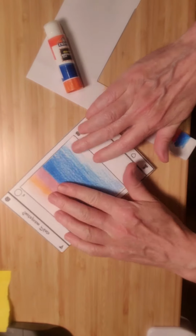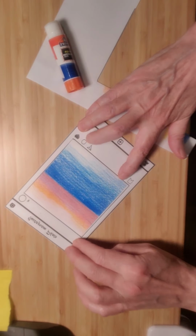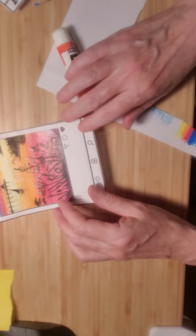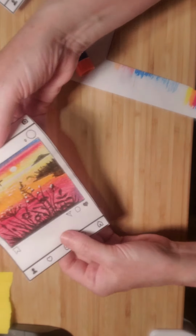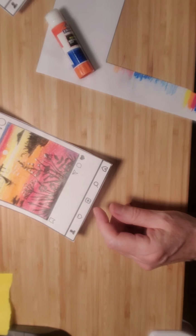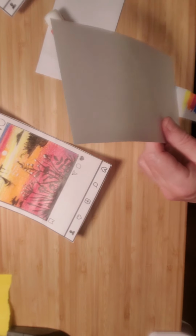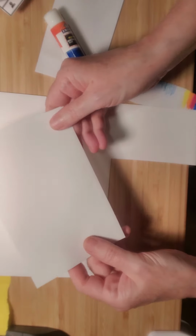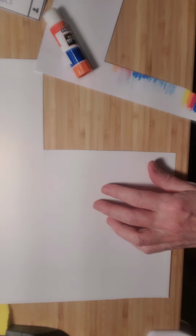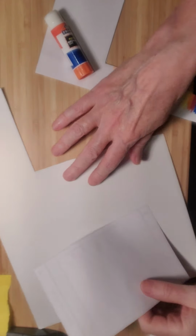And you just want to get it in there to have it fit inside the four corners. And then what you could do is, you see that I have this example done, but this is really too flimsy, right? It doesn't really look like a card. So what you could do is take one of your, I gave you some white paper if you came and got your art supplies, and this is 80 pound, okay? So what you could do is just take your sheet,